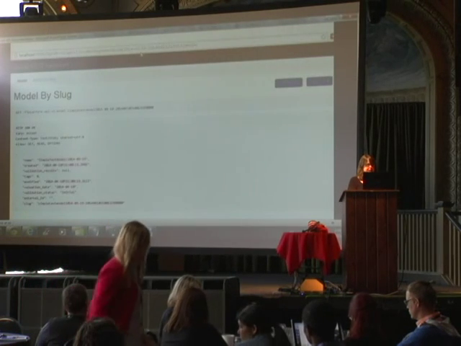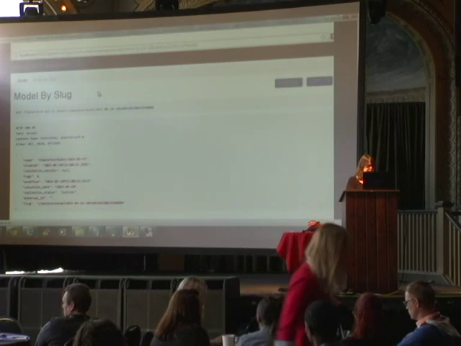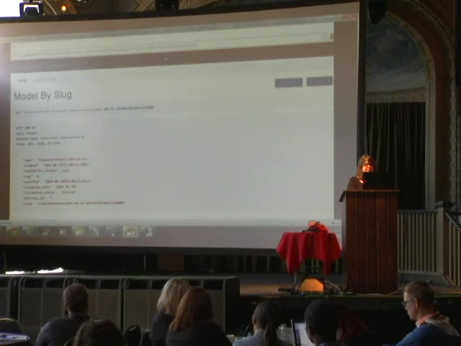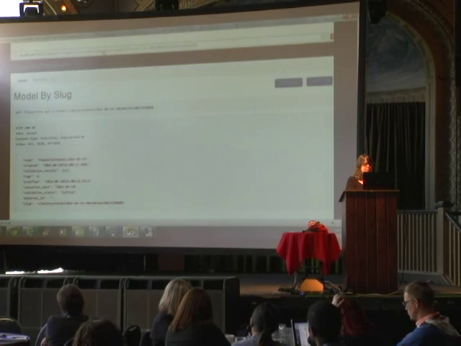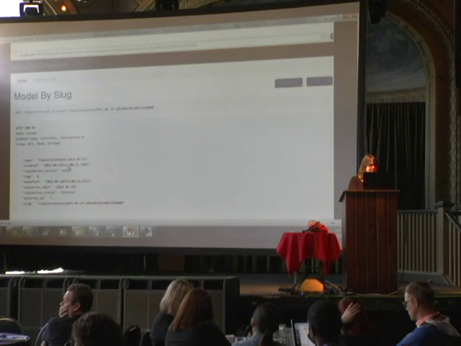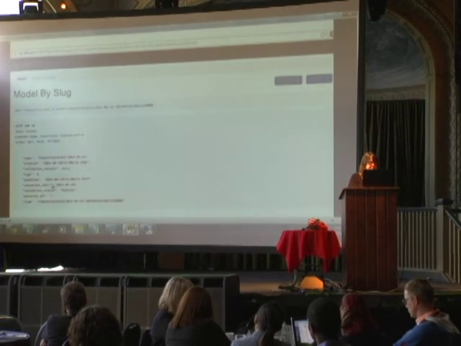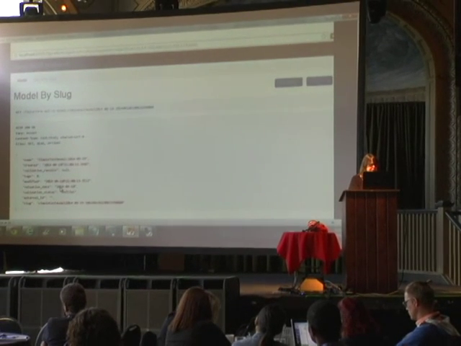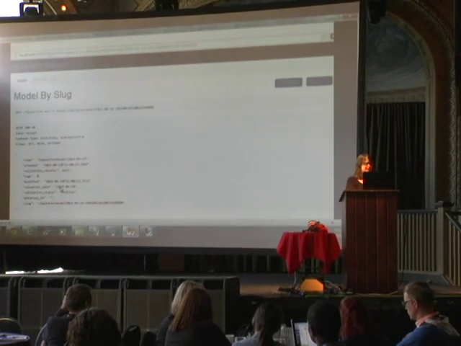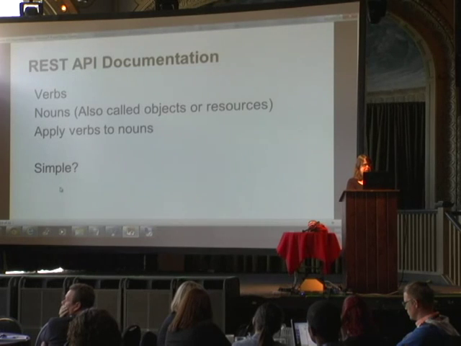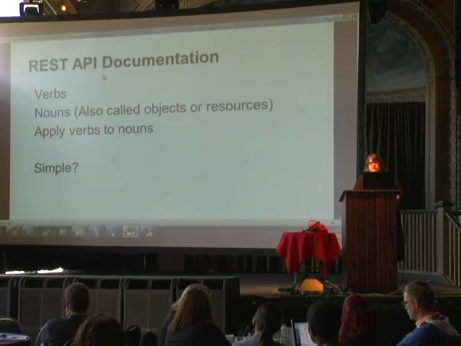And similarly here, suppose I want to view the contents of the model by slug. Back we had all the different names for them. Sorry, they're not names, slug IDs for the models. But I decide to look at this one, and then I can see the details about that model. And then programmatically, if someone needed this information, they would access it through their program and get a hold of it. So I'm focusing mostly on REST APIs.